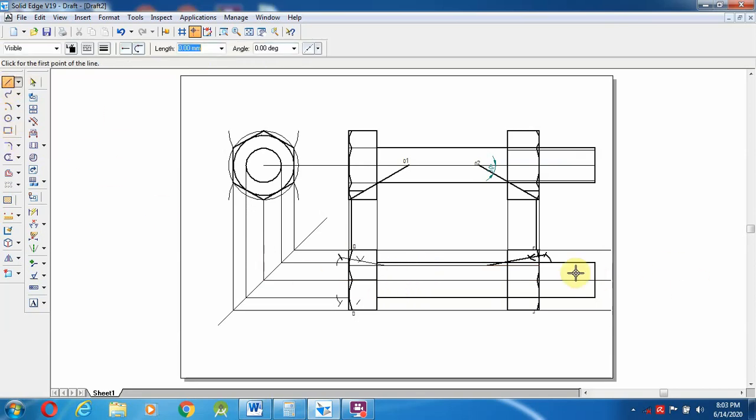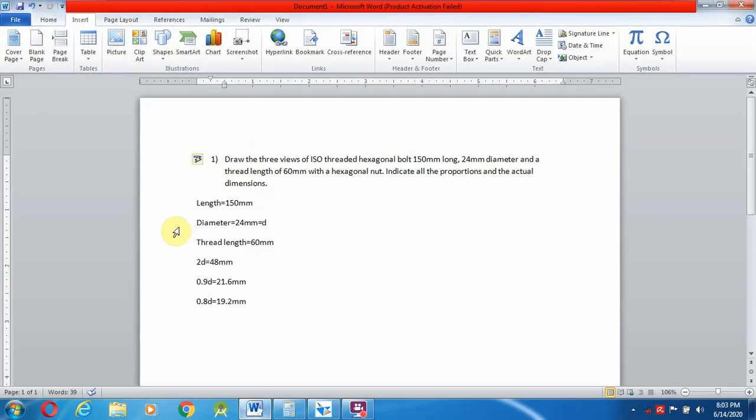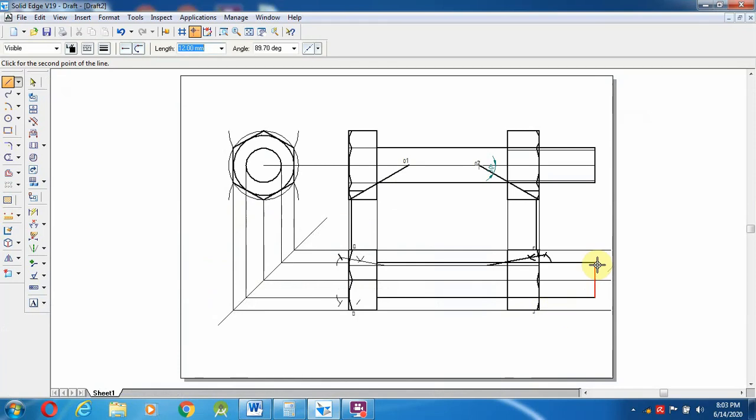Okay, after that, one more thing: this is the thread. The thread comes up to 60 mm length, from point 90. The 21.6 we calculated here, from here 21.6 divided by 2, so 10.80. So it comes to this one.